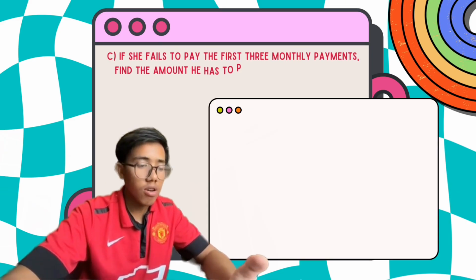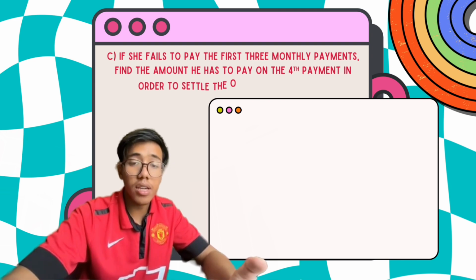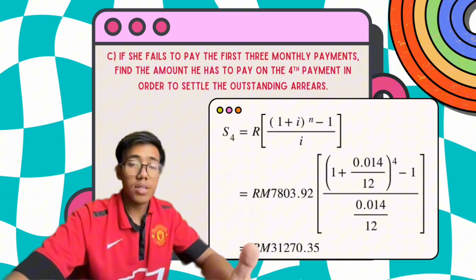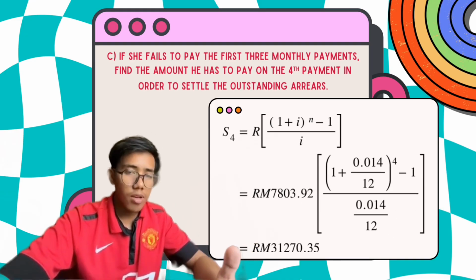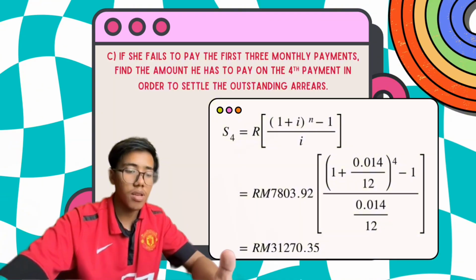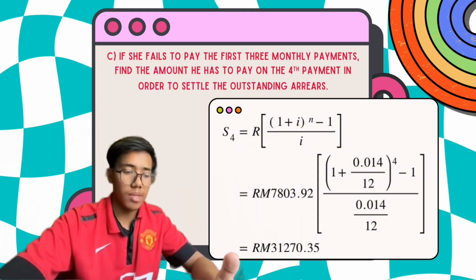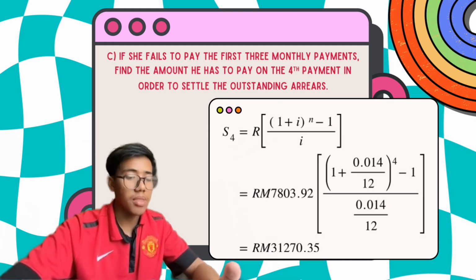So for question C, if she fails to pay the first 3 monthly payments, find the amount she has to pay on the fourth payment in order to settle the outstanding arrears. For this question, we have to use S equals R((1 plus i)^n minus 1) per i. But the n is different from question A and B. The n is 4 because we want to find the amount she has to pay on the fourth payment. After we calculate, we get the answer S equals